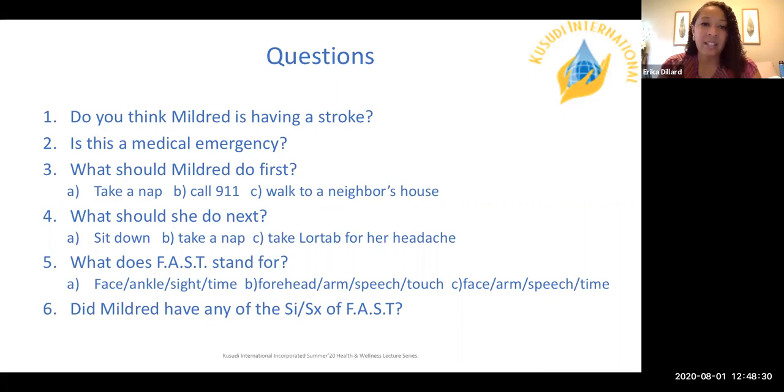If she has access to the cell phone, she should call right then. If she has access to someone in the house that can hear her, she should call out for help and have them call 911. In the event that she's unable to do that, she should then try to seek out help if she's able to walk. But in the second question, if she's able to call 911, her next plan of action should be to rest, to sit down, to not cause any further injury, because if she develops weakness, which she did mention that she developed later on, she has a higher risk of a fall, which could result in worsening injuries such as fractures or even brain injury.